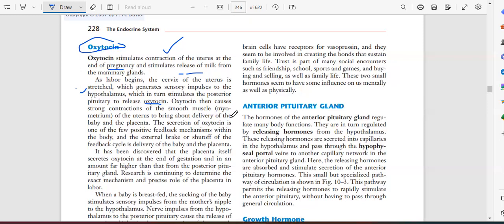Contraction. It will do contraction. Then the baby and the placenta will come out easily. So this is the process of delivery. So this is natural delivery. So basically,